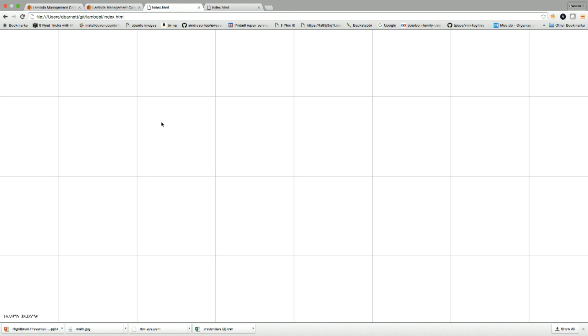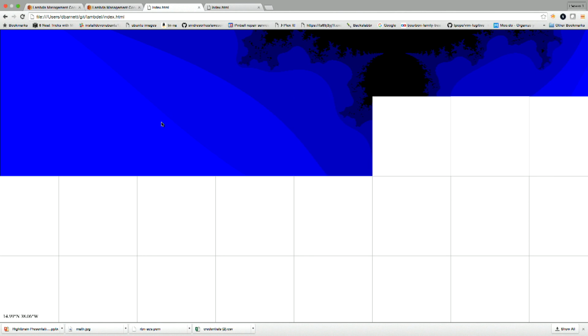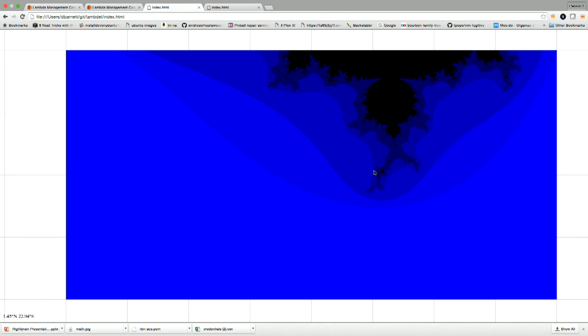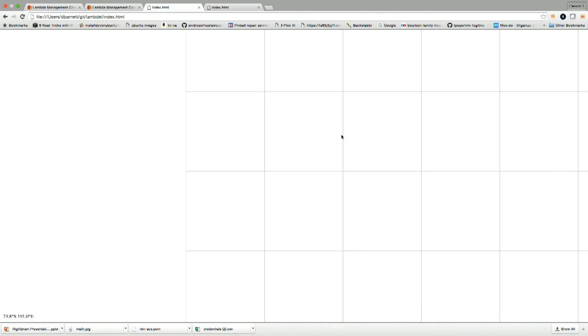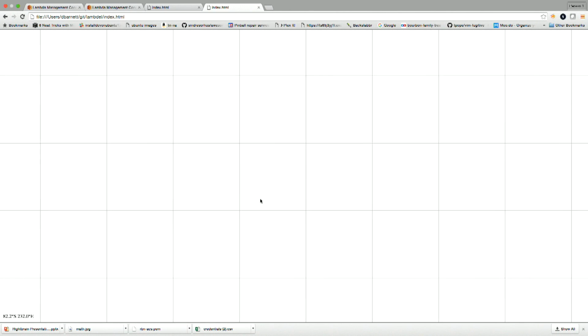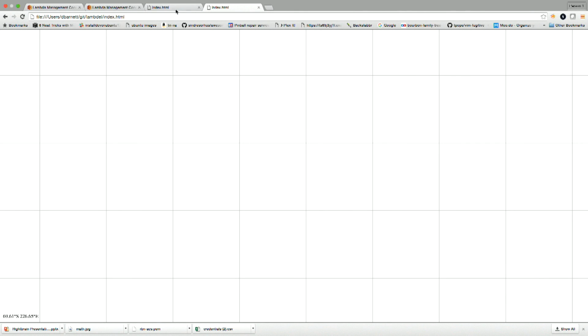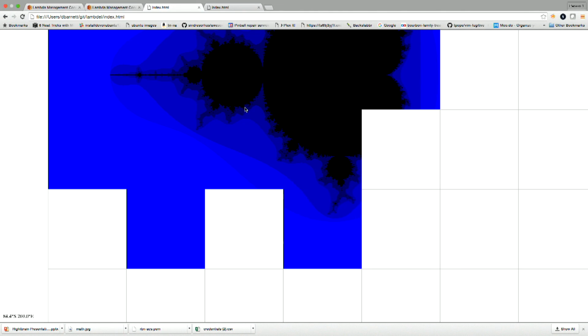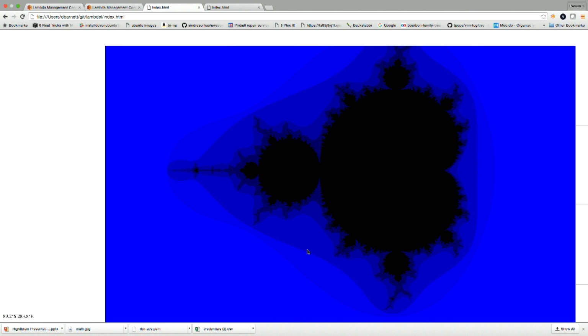You'll notice the tiles. This is what Google Maps and all of these mapping interfaces are actually doing behind the scenes. You'll notice it loads one tile at a time, one per request. We can actually look and see the request going out. We can zoom all the way out and see it happening again. This is where, for some reason, sometimes it doesn't render. We'll give it a few seconds. But what you're able to do is zoom in, get a new set of tiles, zoom out, hopefully get a new set of tiles. Yep, there we go. And you can explore as deeply as you want.